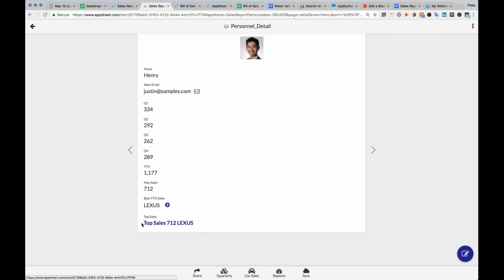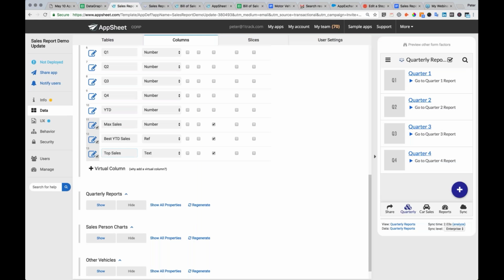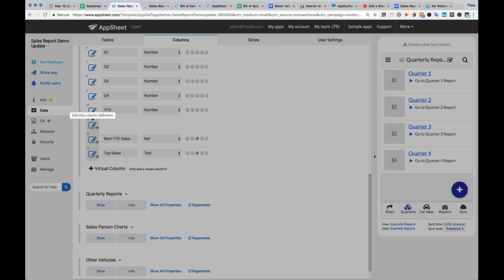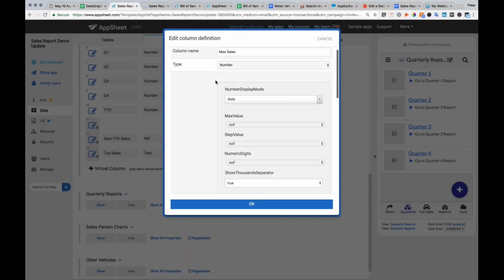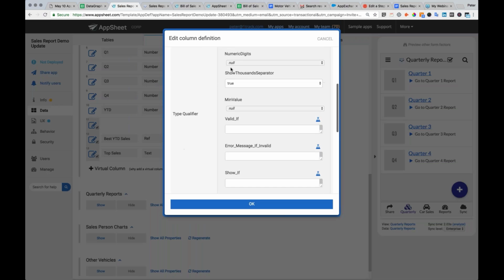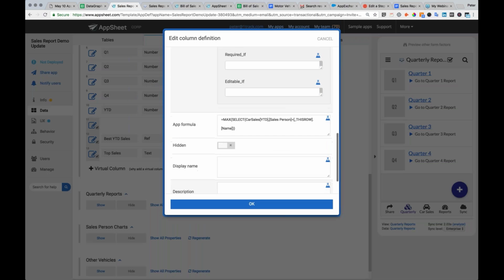And then this custom formatted field down here, top sales, 712 Lexus, that is being generated by this virtual column. And so these get a little granular, and I don't want to spend too much time on here, but just as an example of how this works. This max sales column type is a number. And what we have is a custom formula. And so if you click on the little